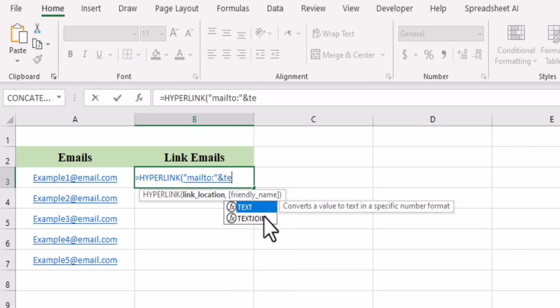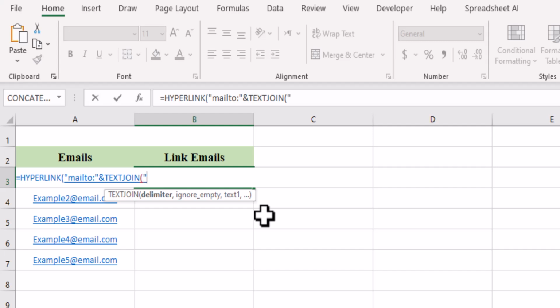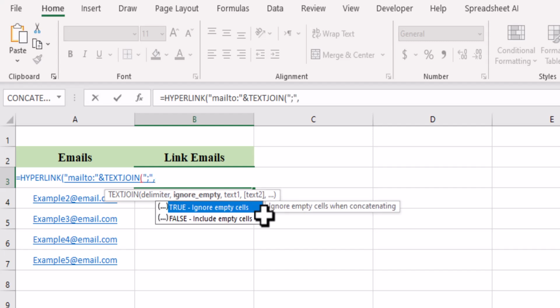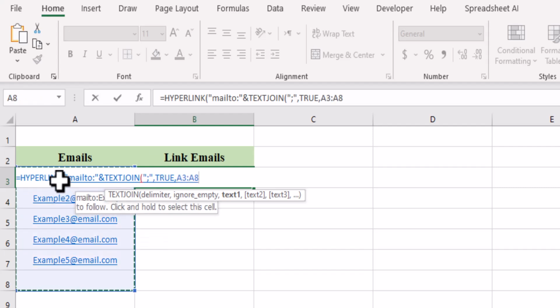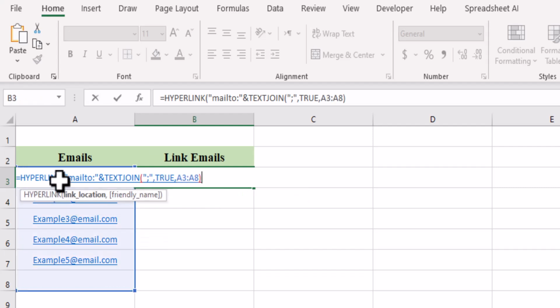TEXTJOIN, semicolon in between quotation, comma, here choose TRUE, comma again, select your range, close the bracket, comma, write friendly name,